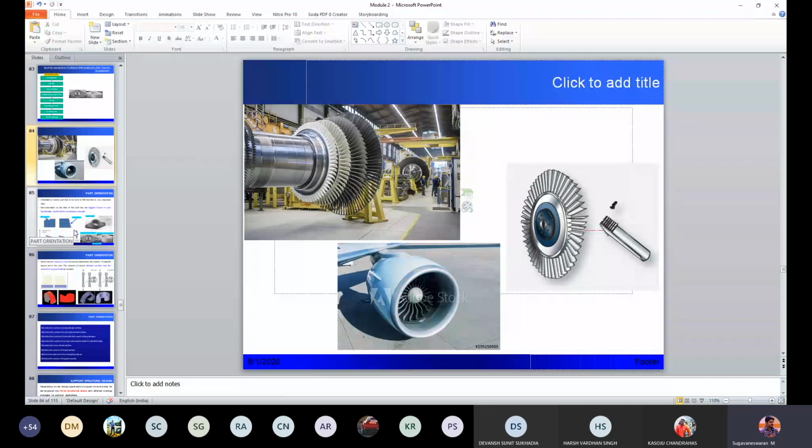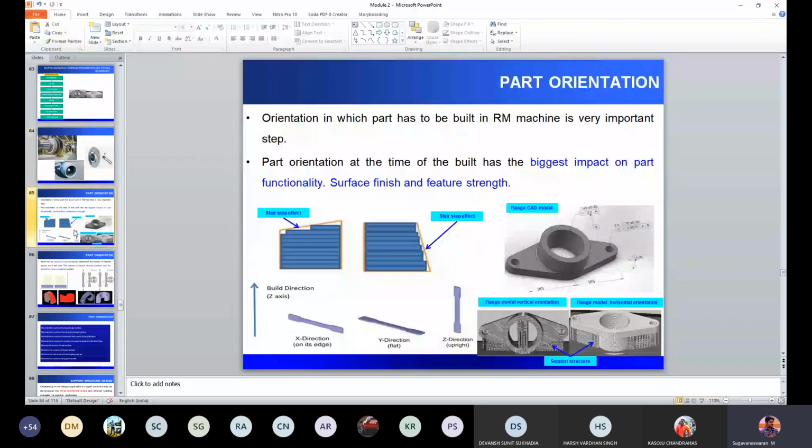The part orientation is going to have a major role on support structure. You can see these two figures. If you do a vertical orientation, there is a support requirement, and with horizontal orientation, another support requirement. So you may not say the first is best. Again, it depends on other parameters. For example, if you take this orientation, it has an inclined surface, and this inclined surface will produce a staircase effect. So the orientation is done not only to minimize the support and minimize the cost.